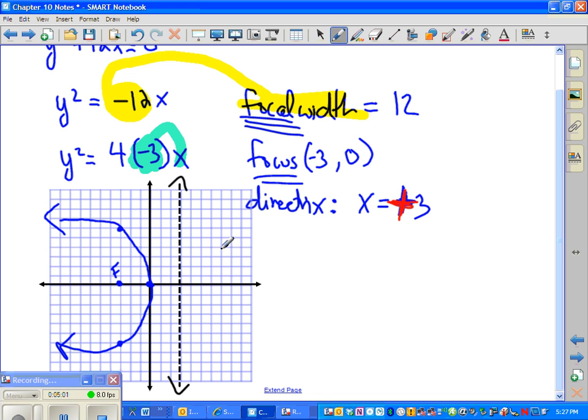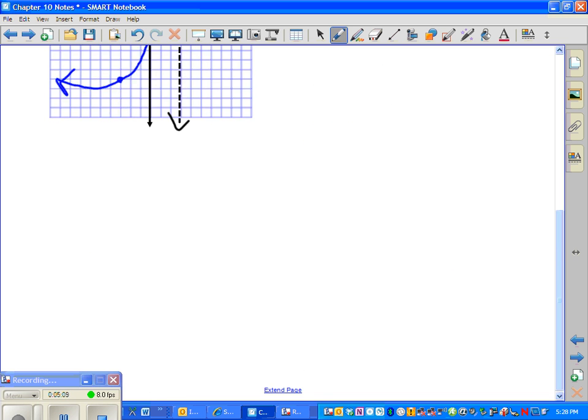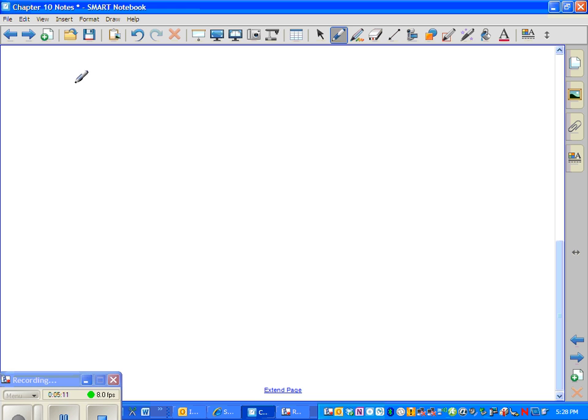So that's how you graph a parabola. Anytime you're asked to find the focus or directrix, you have to put it in this form where the 4 shows up. Now, the problem that came up earlier is when they say write the equation, so when they say write the standard form,